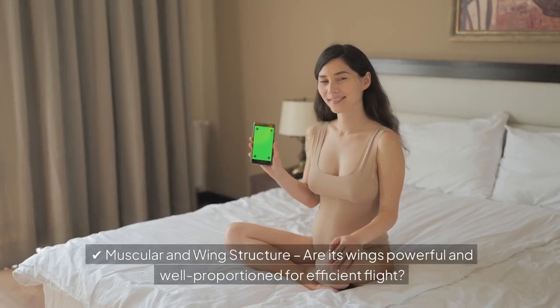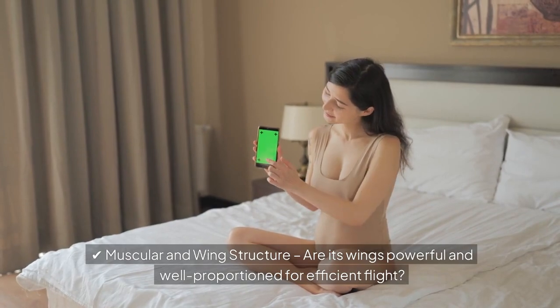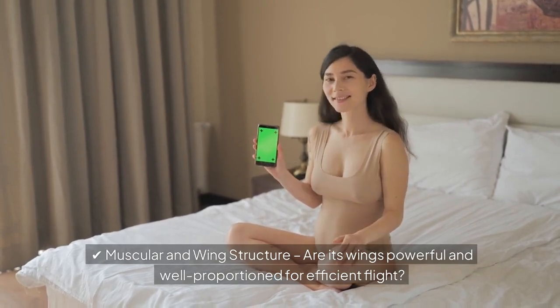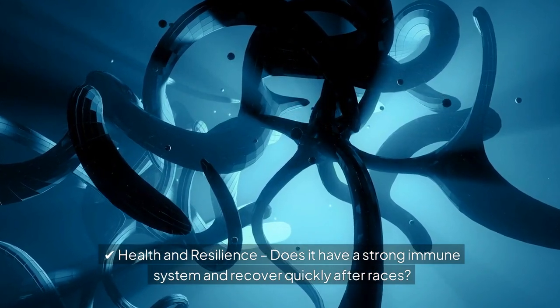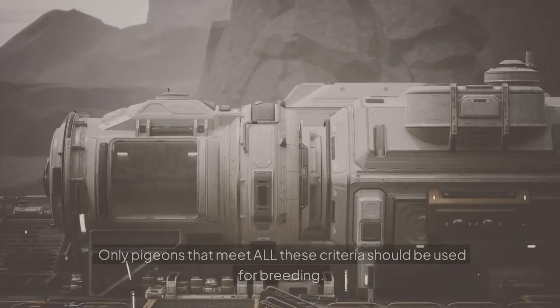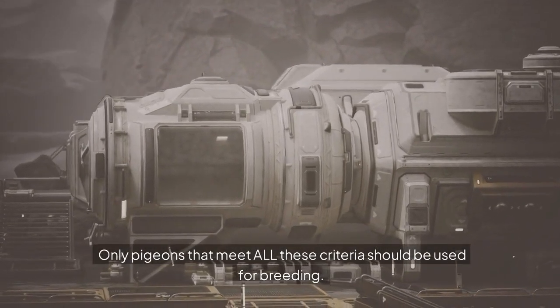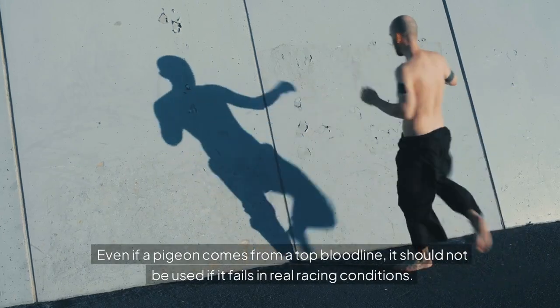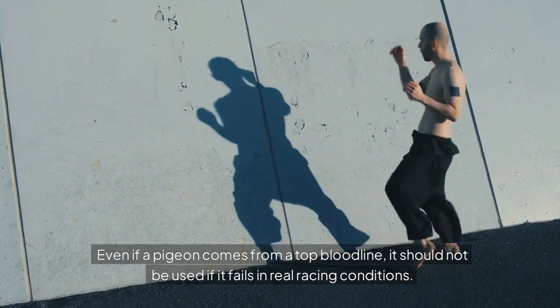Muscular and wing structure. Are its wings powerful and well proportioned for efficient flight? Health and resilience. Does it have a strong immune system and recover quickly after races? Only pigeons that meet all these criteria should be used for breeding. Even if a pigeon comes from a top bloodline, it should not be used if it fails in real racing